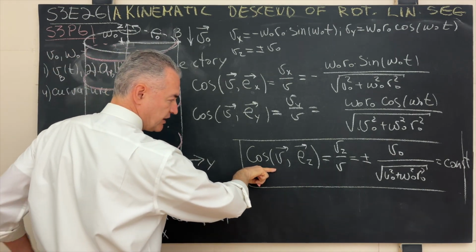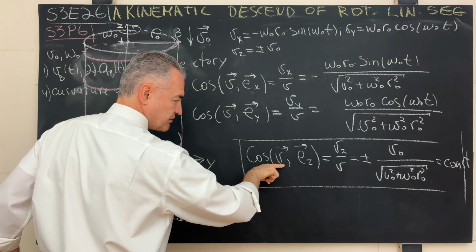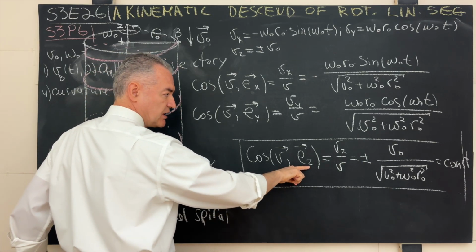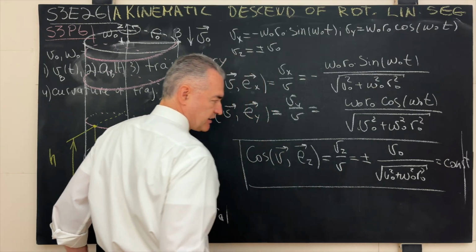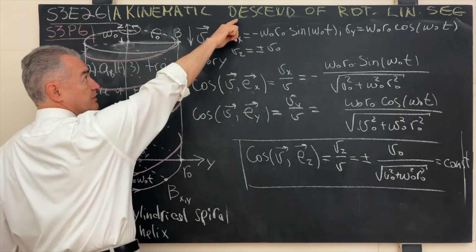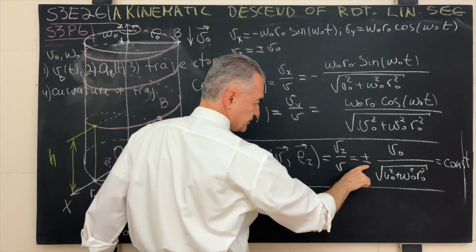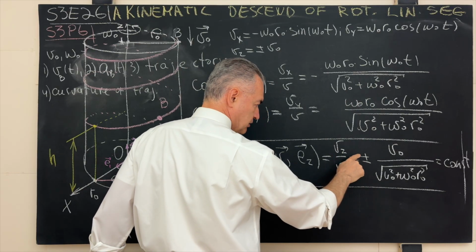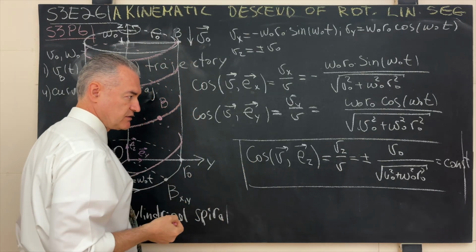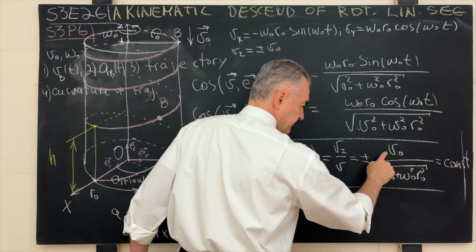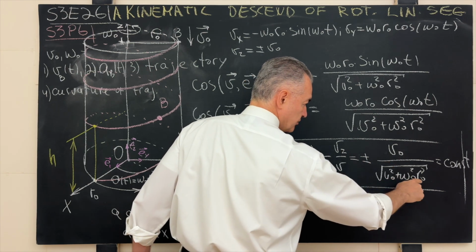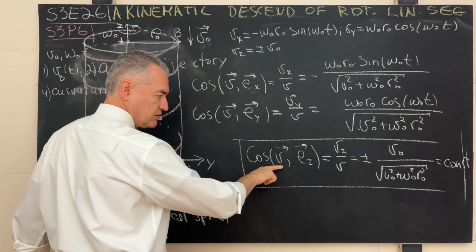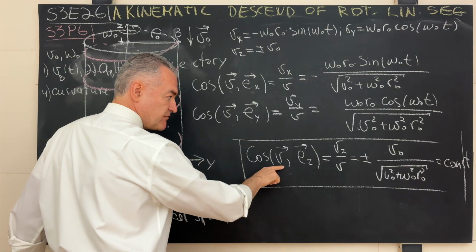But look at the direction cosine that defines the direction of the velocity vector of the point B with respect to the z-axis. I put the plus minus sign so that I keep true to my word, to the declared title of this episode: plus for the descent, the genuine descent, minus for the ascent. Structurally it does not change anything, but what we have here is a constant quantity all over the place. And look at this. This is a constant quantity. That means that the angle between the velocity vector and the